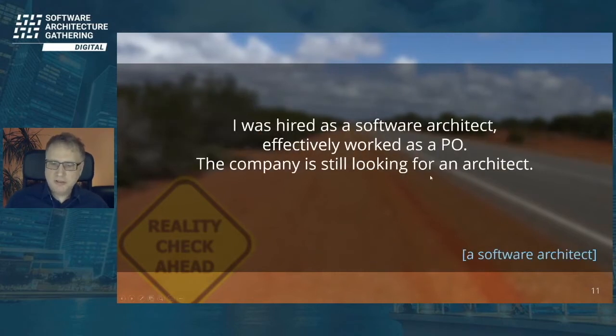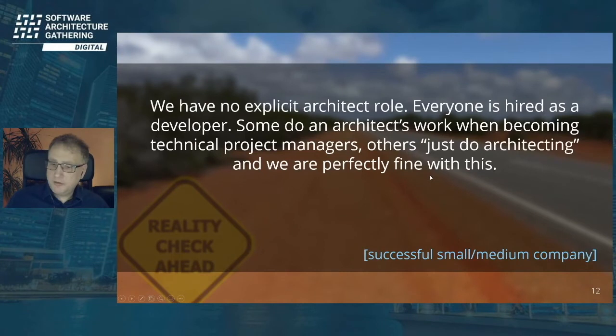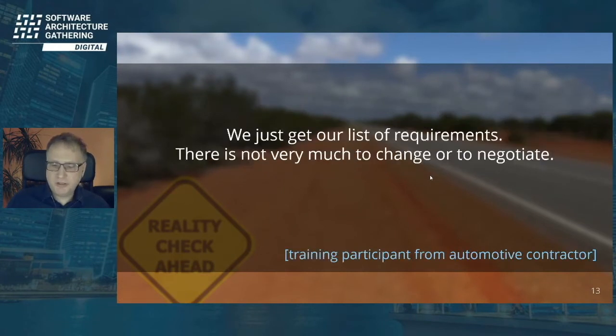In this one, they don't optimize the business workflow of their customers or something like this. They just get their requirements. They have to get it done, and they do not have a lot of leeway to navigate those requirements or to negotiate. They just have to cope with them.